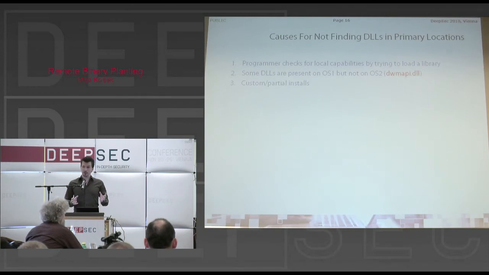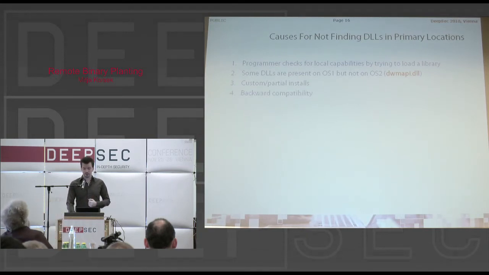We've seen cases where applications can become vulnerable if you install them only partially. So you'd select a custom install, and you say, I want this component, I don't want this component installed, but the installed component is going to assume that the other component has also been installed, and it will try to load its DLLs. Its DLLs aren't there, so they are looked for in the current working directory.